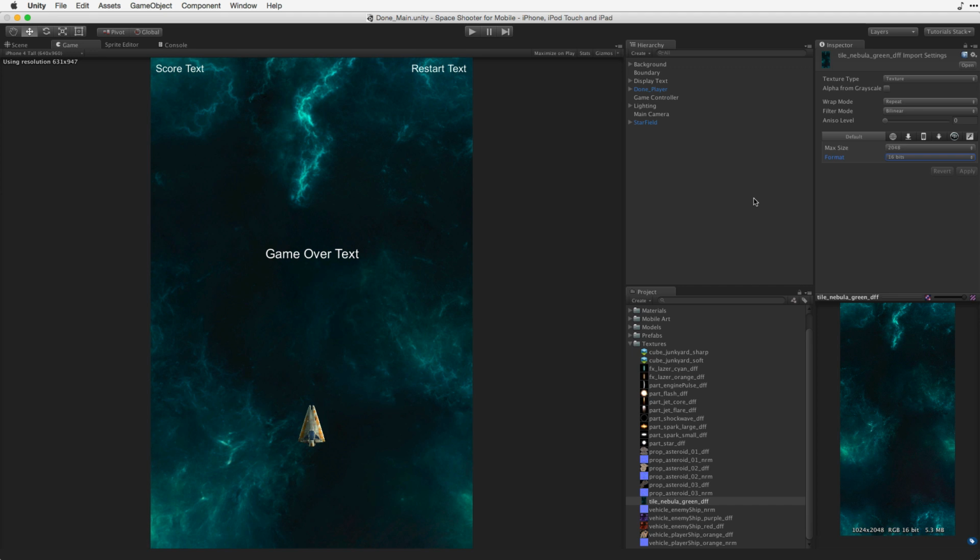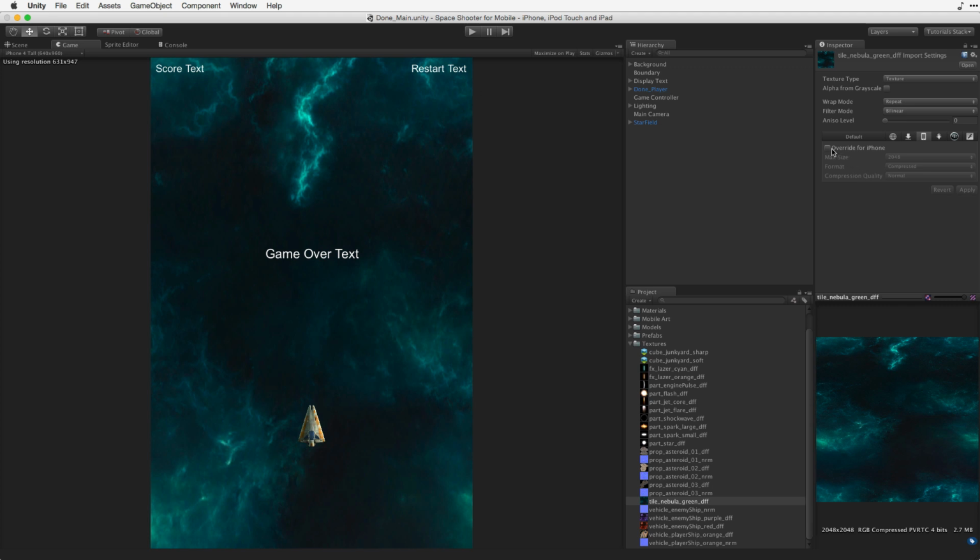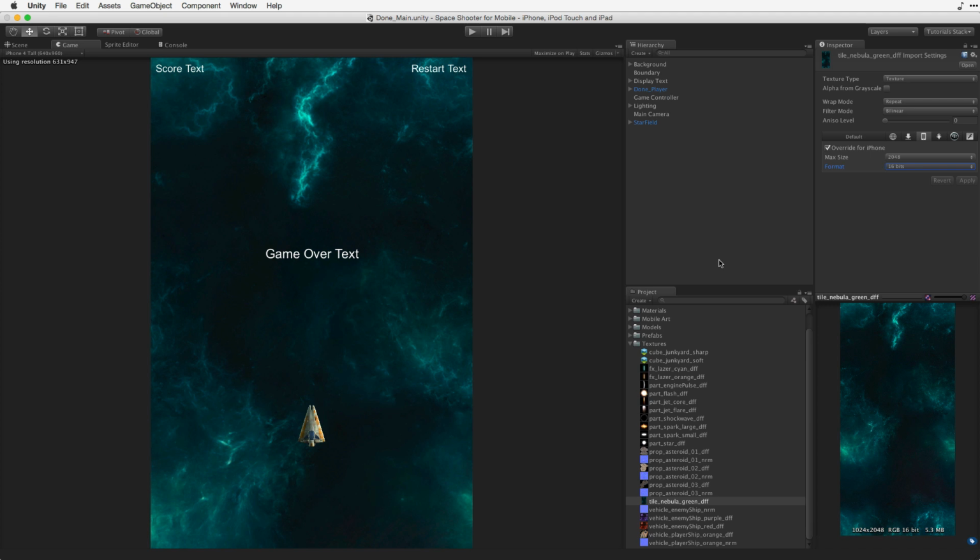So be aware of the settings, and also be aware that you can override them. So if we want to leave this as compressed by default, and we want to change this only for our mobile, we can override for the iPhone, and we can change our compression, make that 16-bit, and apply. And in which case, this compression scheme is only going to work when we have our build target set to the iPhone. Now, if we enter play mode,